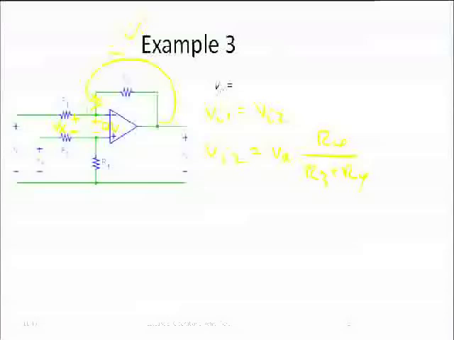If we have negative feedback, then the value of this Vx is equal to 0. Okay? So now, if the difference between Vi1 and Vi2 is equal to 0,